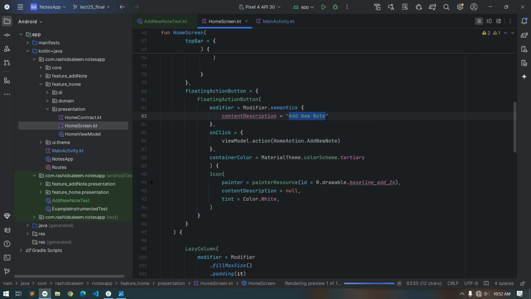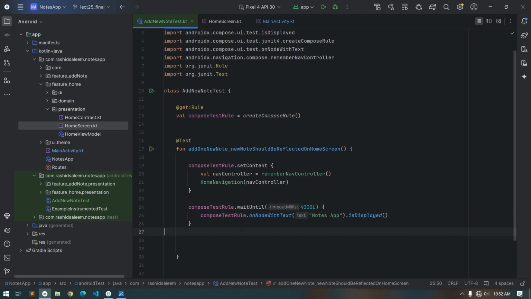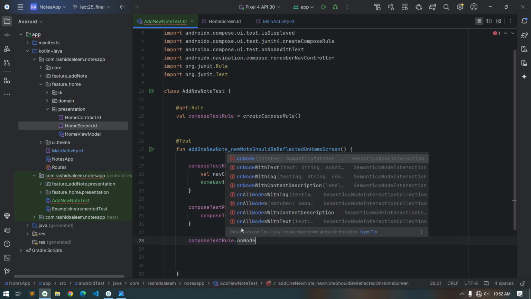I will copy this, and now in here compose test rule dot on node with content description